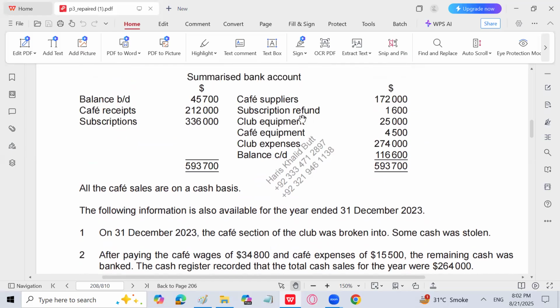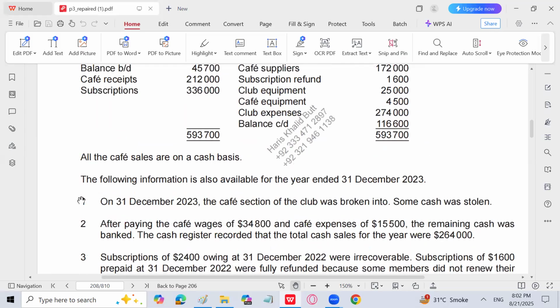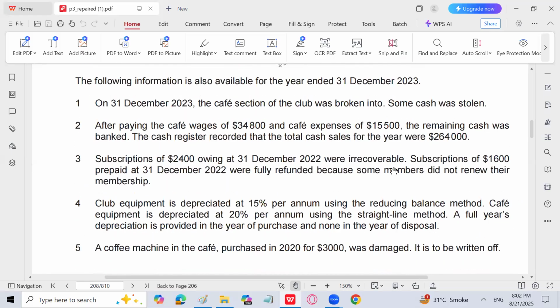I think the refunded 1,600 is the same over here, which we'll use in the subscription account. It is shown the same as 1,600 in point number 3. Club equipment is depreciated at 15% using the reducing balance method. Cafe equipment is depreciated at 20% using the straight line method. A full year depreciation is provided in the year of purchase and none in the year of